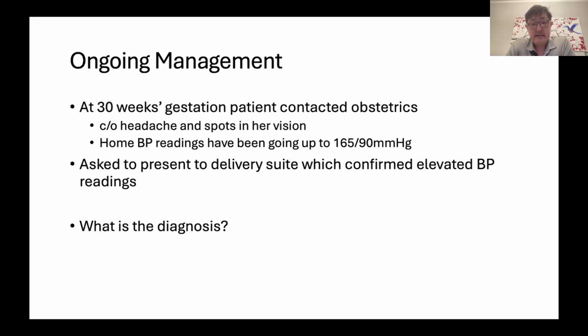Her pregnancy has further progressed, and she's gone on to 30 weeks now, and she's contacted the obstetrics team. She's complaining of headaches and spots in her vision, and her home blood pressure readings have been going up to 165/90. If she contacted you, the best advice would be to get her to either present to the delivery suite or urgently contact the obstetrics team, because she definitely needs to be assessed to make sure she hasn't gone on to develop preeclampsia,